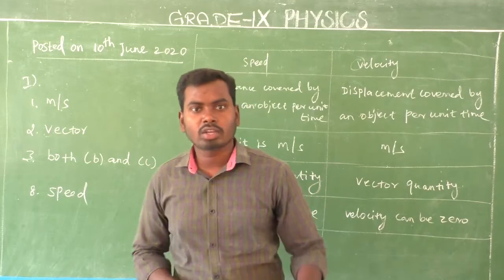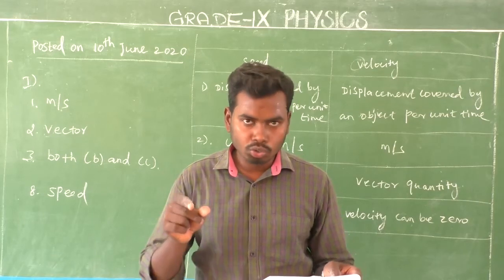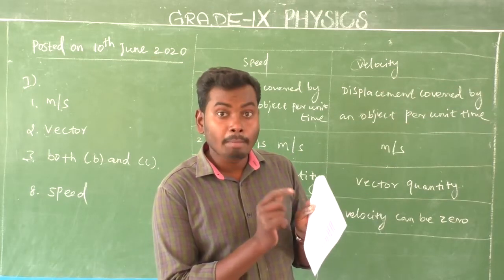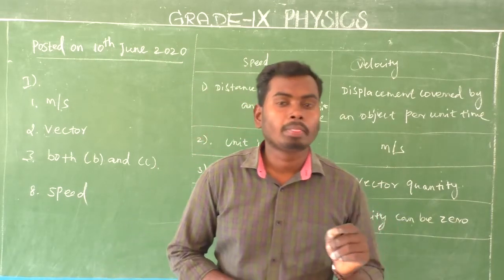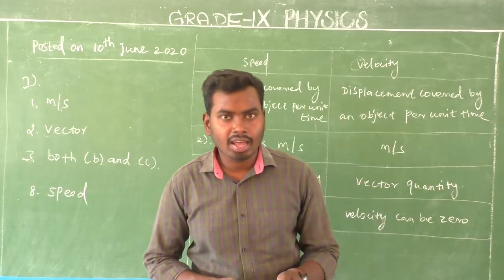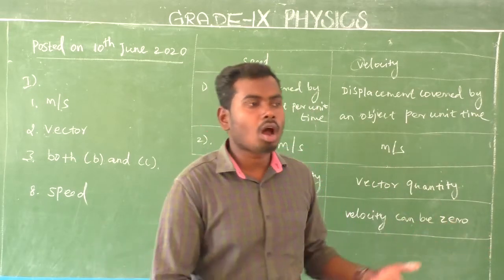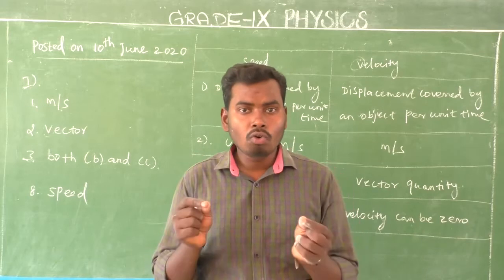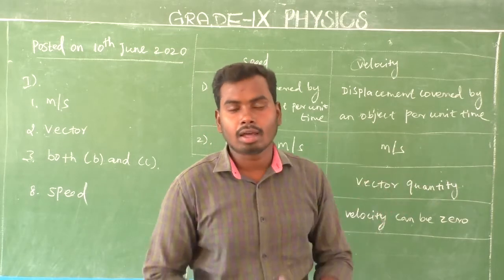The ninth one is a very interesting one. Name the physical quantity which gives us an idea of how slow or fast a body is moving towards a particular direction. There is an important phrase: towards a specific direction. What is that quantity? That is velocity, because velocity has both magnitude as well as direction. Speed tells us how fast or how slow the object is moving but doesn't specify any direction, whereas velocity tells us how fast or slow the object is moving towards a specific direction.